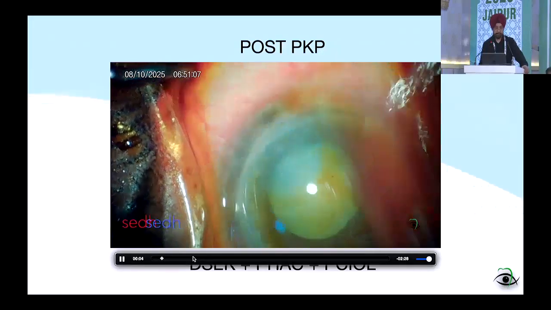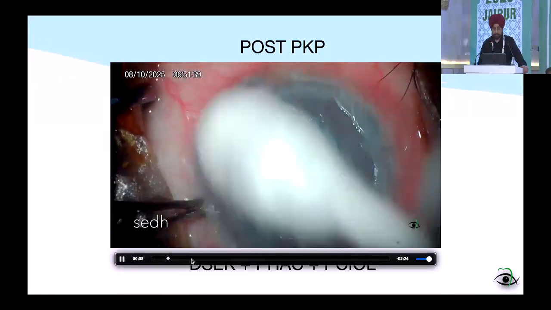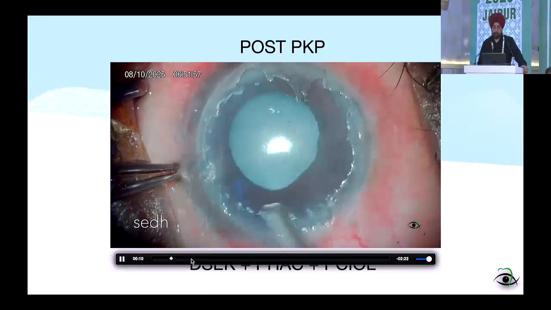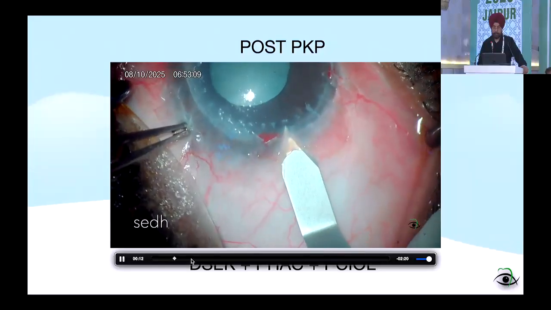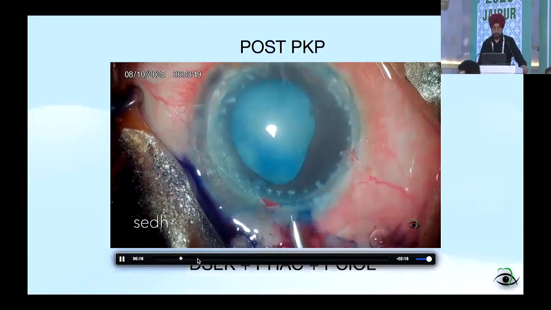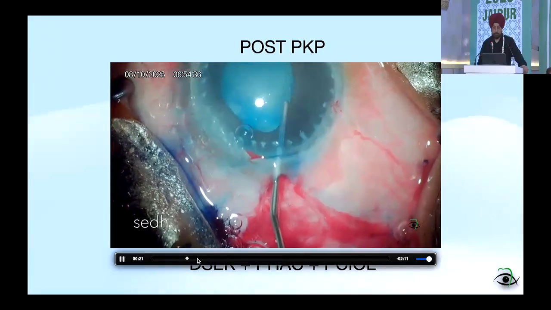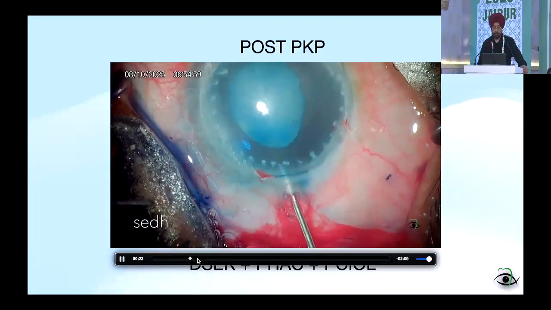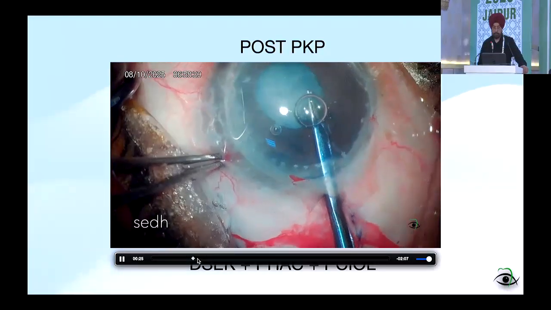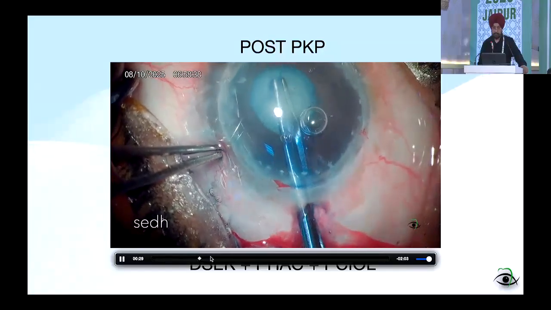This is the dissect, this is the last video. I'll just finish in one minute. So here we have PKP, cataract. So you stain the capsule with trypan blue, make the posterior capsule clear so that you have enough size of the